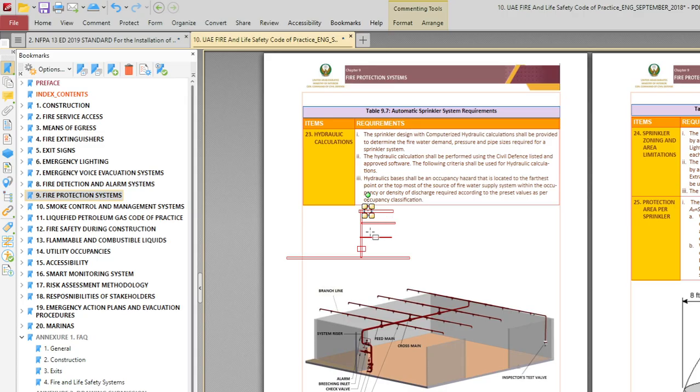Then you can add multiple zone control valves. Only one alarm check valve is required on the discharge side. So from the alarm check valve, you are going to provide multiple zone control valves which will cover